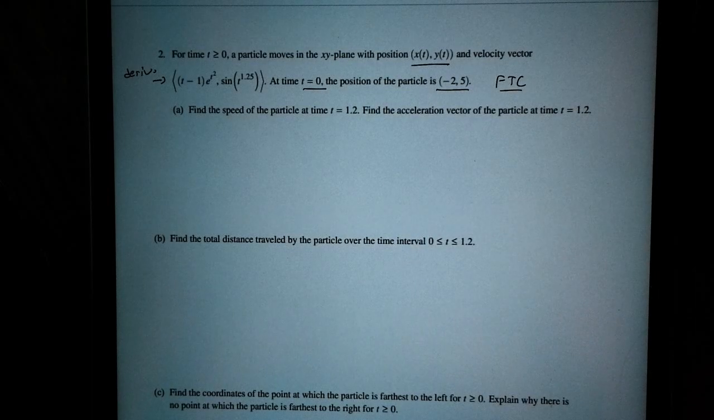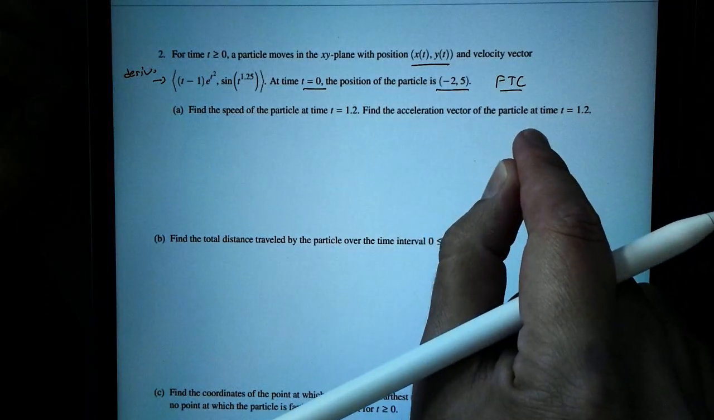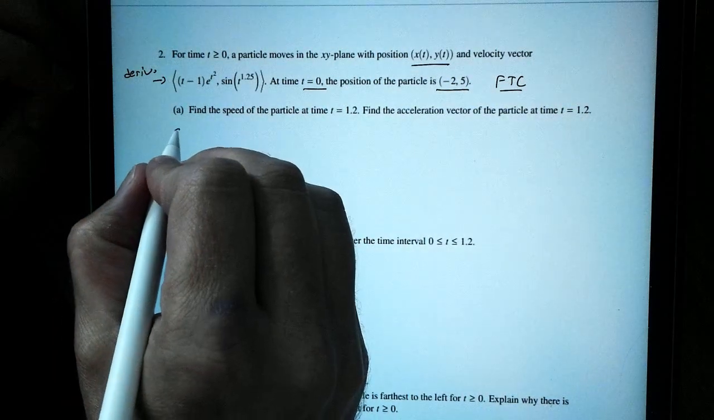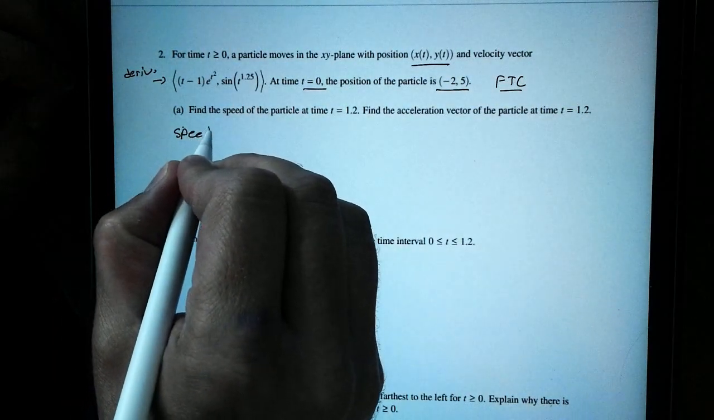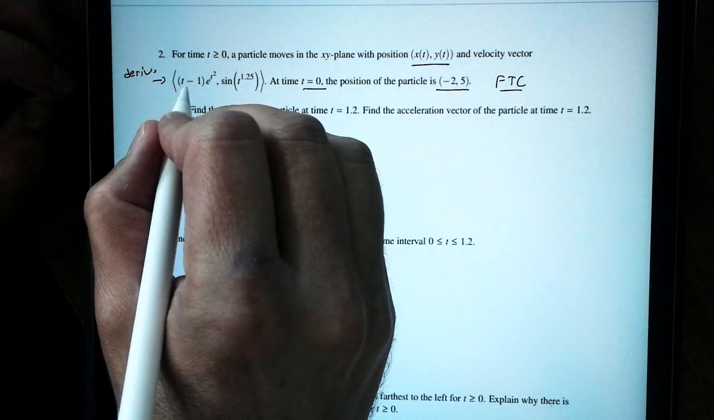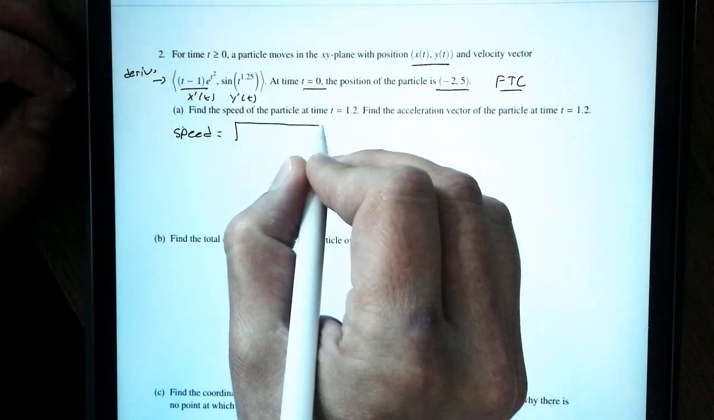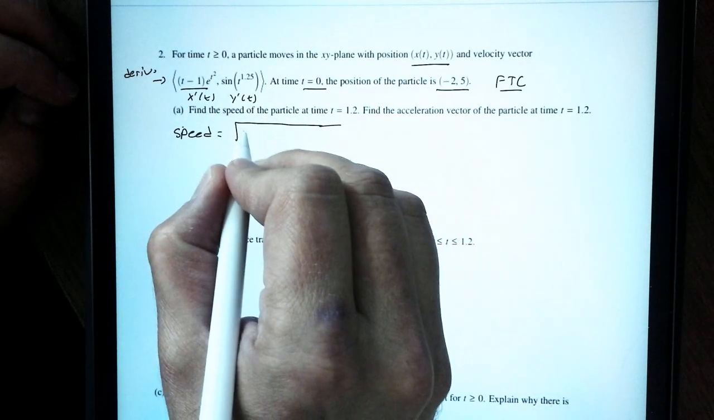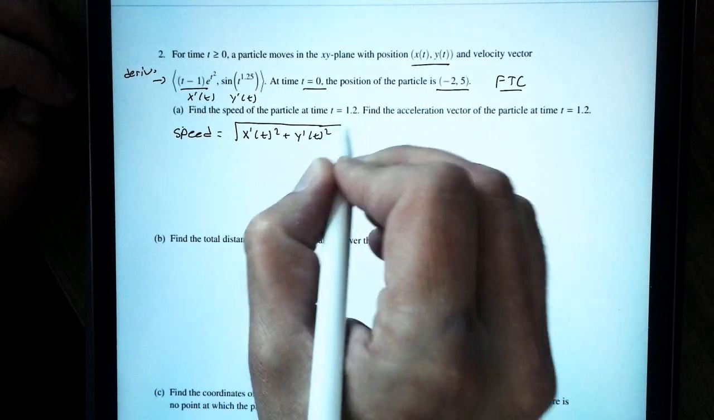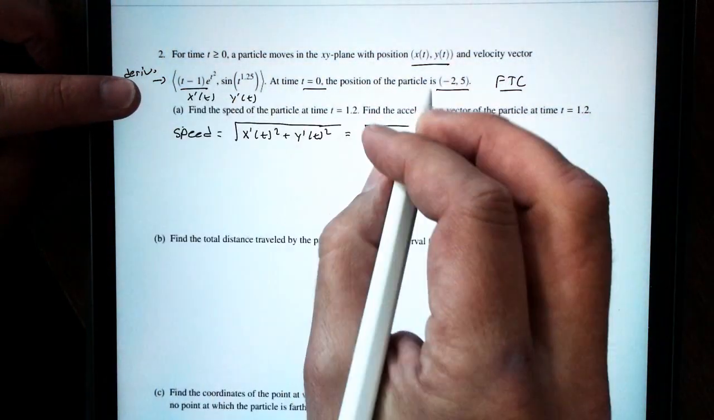Question A says, find the speed of the particle at t equals 1.2, and then find the acceleration vector of the particle at t equals 1.2. So we're going to look at speed first. To get speed, remember this is going to be the square root of our first function squared. This is x prime of t, and if we call this y prime of t, our speed equation is the square root of x prime of t squared plus y prime of t squared. If we type all this in, it's going to be 1.2 minus 1